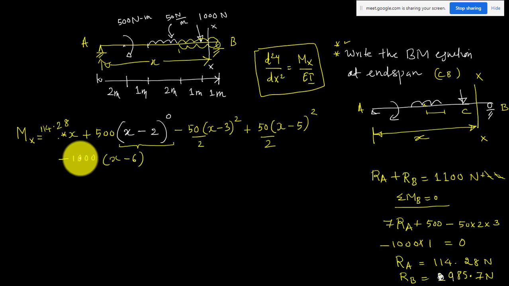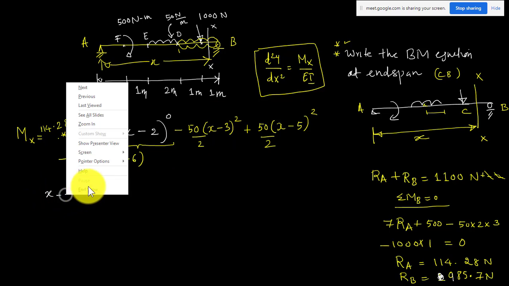Okay, so now we can see this moment equation I have written for this section, but from this same equation, from this single equation, I can get the moment equation for any section. So what I'm saying is, suppose you take a section here, I am giving some names: a, b, maybe this point is c, this concentrated load is acting at c, maybe this point is d, and this is e, and it is f. Suppose you want to get the equation for the moment in section AF. In this section AF, we have some terms in brackets, like x minus 2, x minus 3.